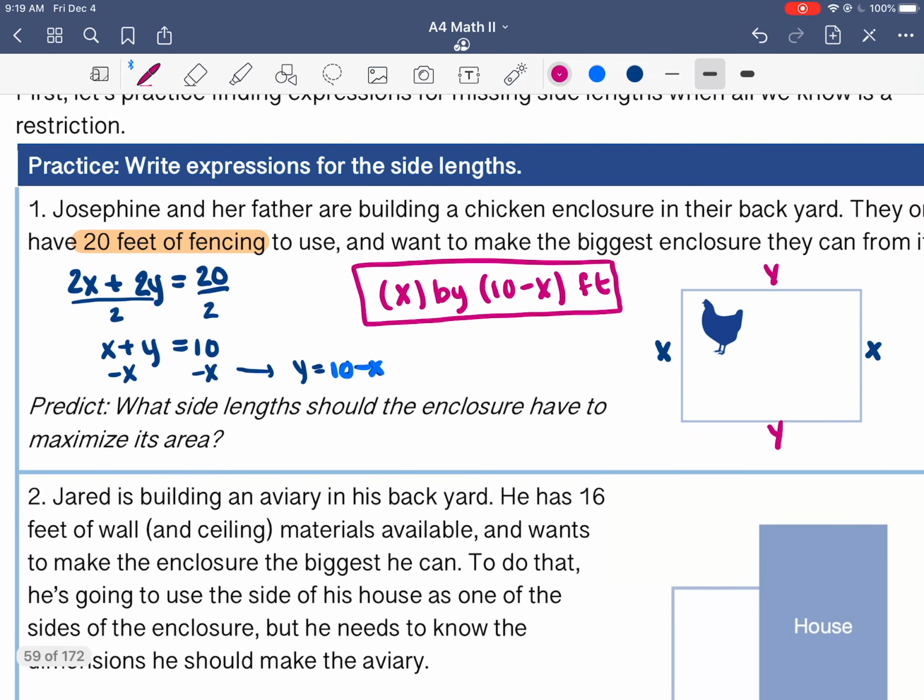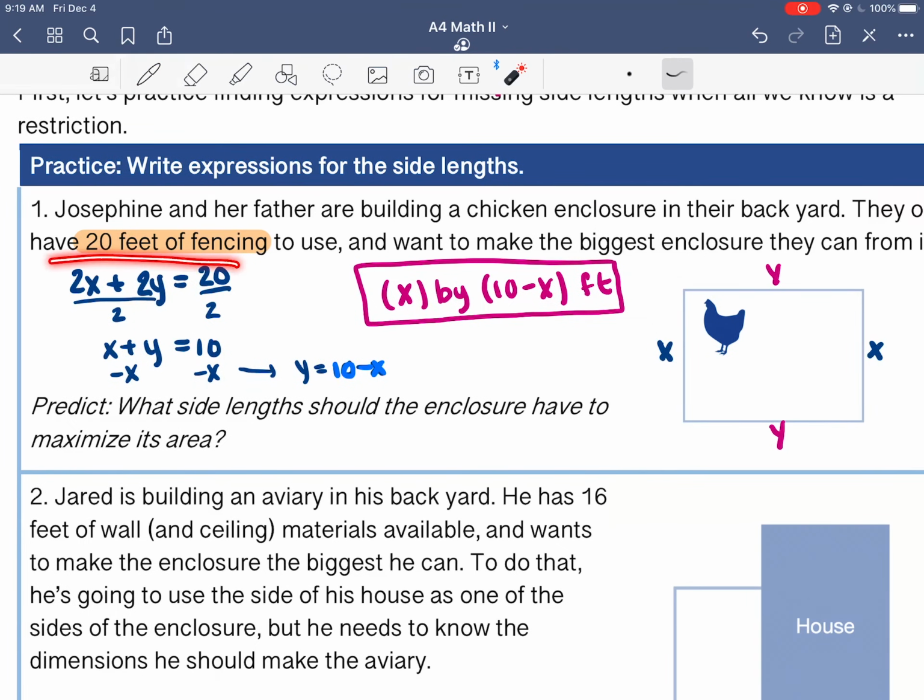Or you can write this expression for the perimeter of the rectangle using this other variable y, and get the same expression. This method is really useful because it works even if you change the parameters, if you change the problem. So speaking of which, this next problem,